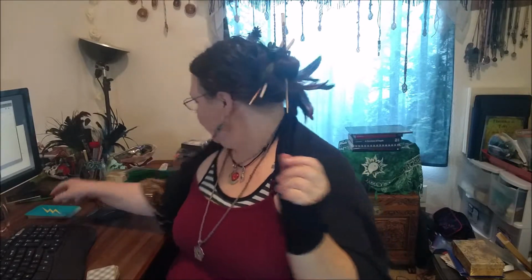It's really nice when the backs are symmetrical, upside down and right side up, but that's not required either because not all decks have reversed meanings and upright meanings. Some of them only have upright meanings. And there are some decks that are intended to be read entirely reversed. Reverse just means upside down. But there are other decks